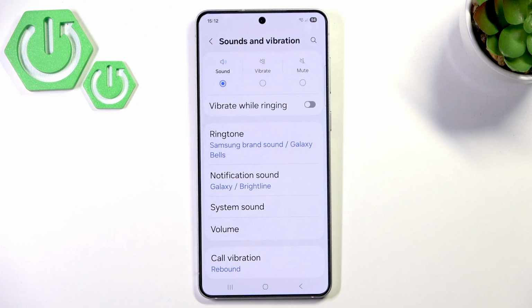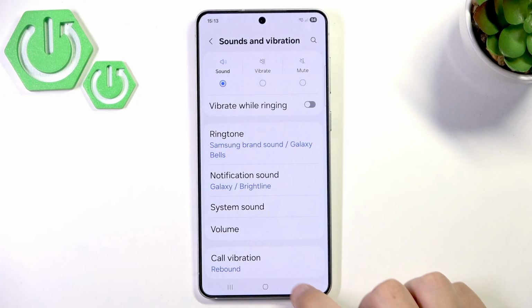And now test it with different apps like Spotify, YouTube, Netflix, or phone calls, because there might be an app specific volume issue. So open the app where you're noticing low volume and check its volume controls. Some apps have their own internal volume sliders separate from the system volume, for example Netflix, and then clear the app cache. If an app seems to be causing issue, then it might have some cache data interfering with the